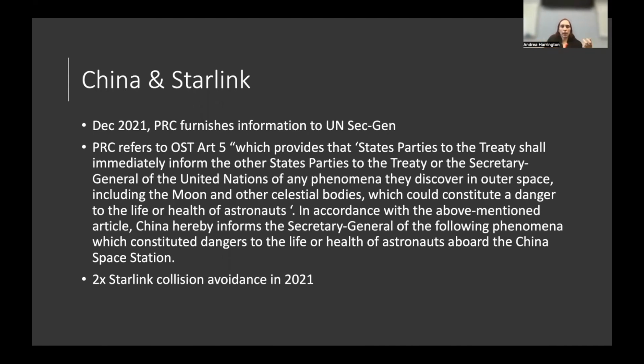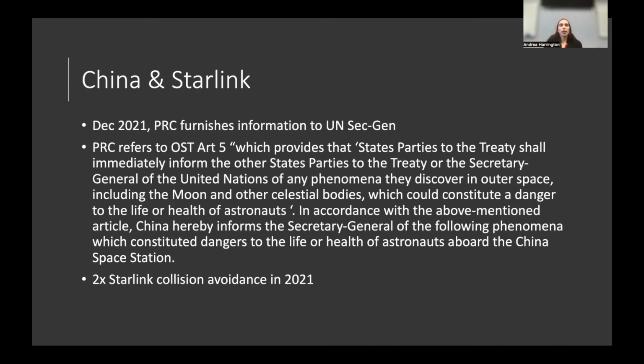it in their submission to the Secretary General, that states will inform the SecGen or other states parties if there is something that they discover in space, a phenomena they discover in space that could constitute danger to life or health of astronauts. And so they filed saying, hey, we think Starlink is a danger to the life and or health of our astronauts. There were twice that we had to do collision avoidance maneuvers because of Starlink assets in